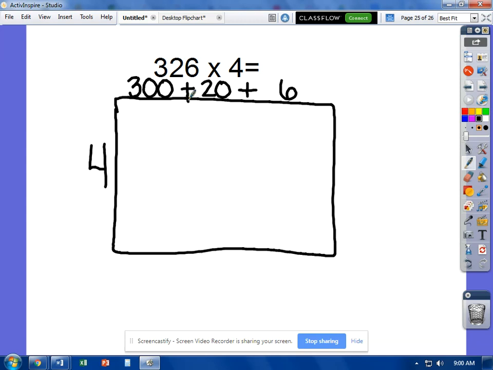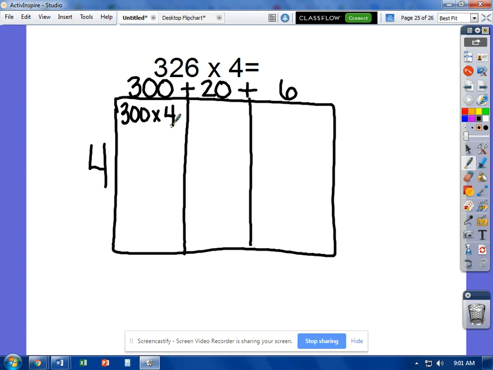Then any place I see a plus sign, I'm going to extend that plus sign down and break up my large box into smaller boxes. Now I can go ahead and start to do my math problem. So I'm going to see that 300 is at the top and 4 is at the bottom, and they would meet in this box. So in this box, it's going to be 300